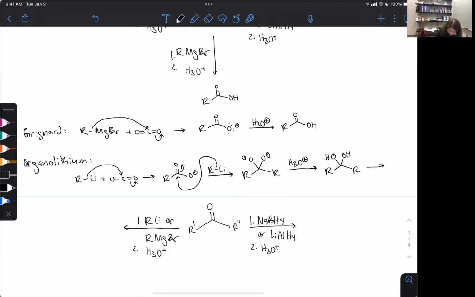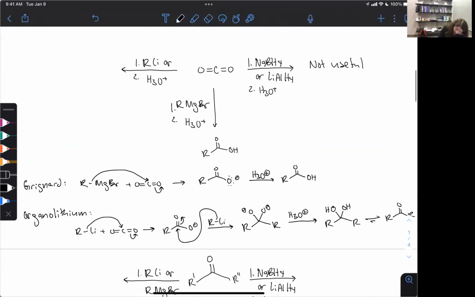So let me do this. Okay, so the equilibrium is going to favor that carbonyl compound. And we're actually going to see a symmetric ketone formed. Okay, the only reason that we end up with a ketone here is that once you add that acid there,